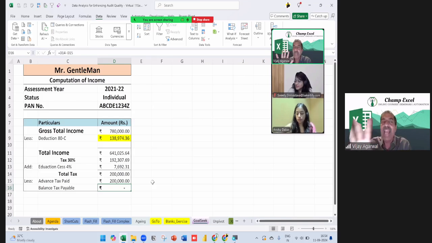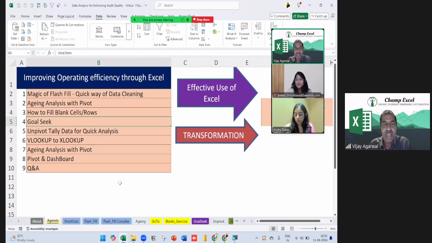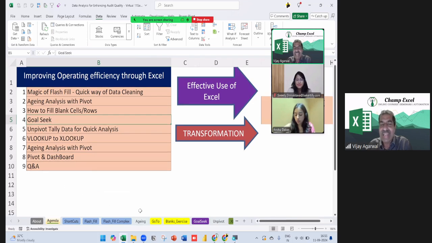Got my point? So like that, we can use this goal seek, and sometimes we want to see which variable we are going to change, and accordingly I'm going to get some result and take the precision also. Such things we can also do. Again, I'm taking very small examples of how it's going to help us. Then let's do something next.